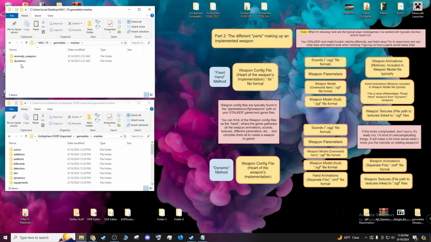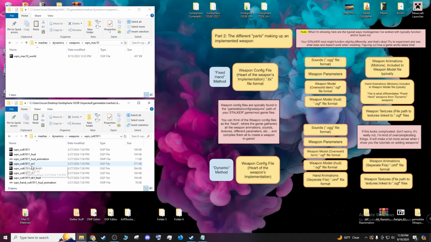So, for example, the dynamics folder works kind of the same way as this one right here: dynamics, weapons, weapon Mac 10. If we open that up, it only houses the Mac 10 world model. But in this OGSR engine mod, for example, if you open up this 1911, it has the world model right here, and the HUD model right here. And if we go to another folder,